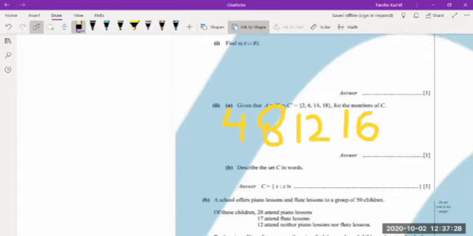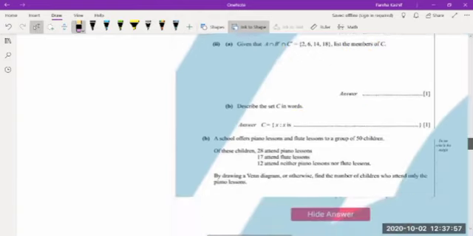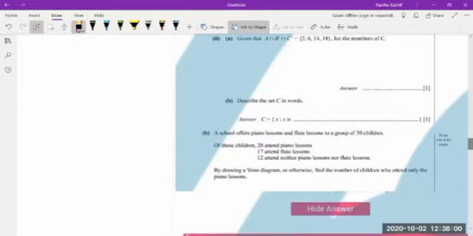Now they're asking us to describe set C in words. How are we going to do that? It's very obvious. What's common between 4, 8, 12, and 16? The number 4. So C is equal to x such that x is a multiple of 4. That's very clear. Let's move on to part B that says, a school offers piano lessons and flute lessons to